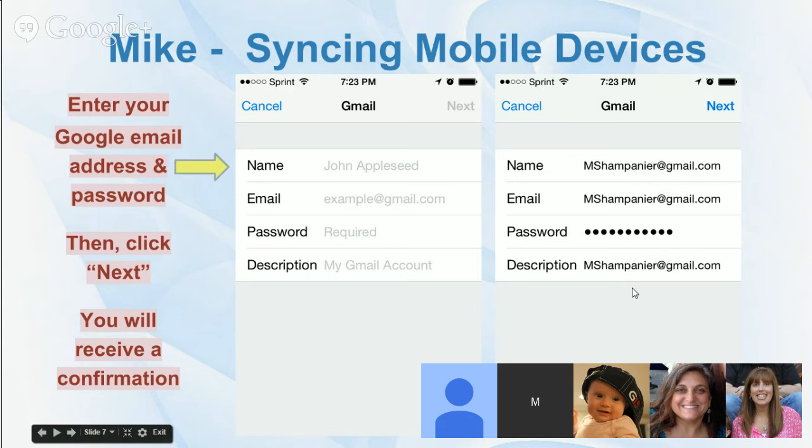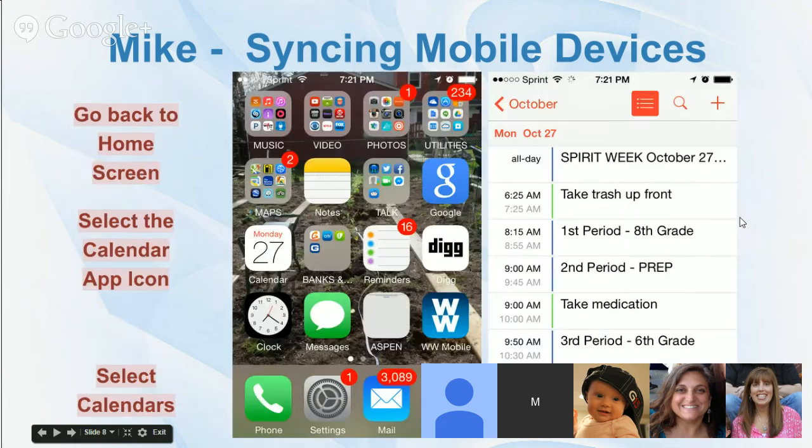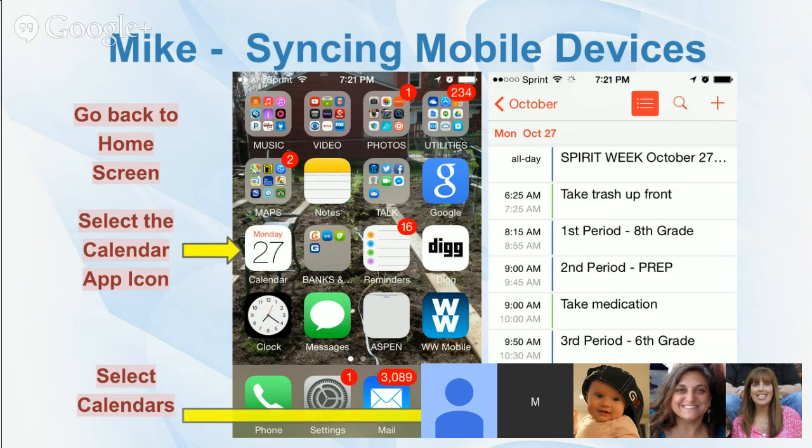So you click on next, go to the next page, and when you go back to the home screen, you click on the calendar app. Like the settings icon, you can have this anywhere on your home screen. Mine happens to be where the arrow is pointing to, and there's going to be the date in black and the day in red. When you open that up, there is a calendar page on the right-hand side,